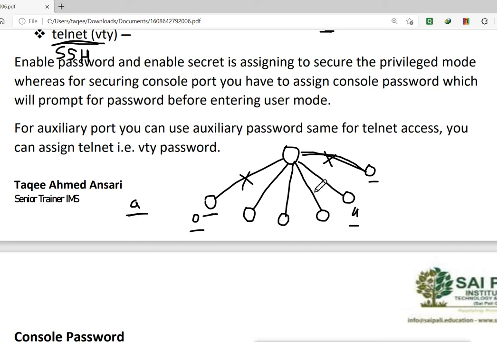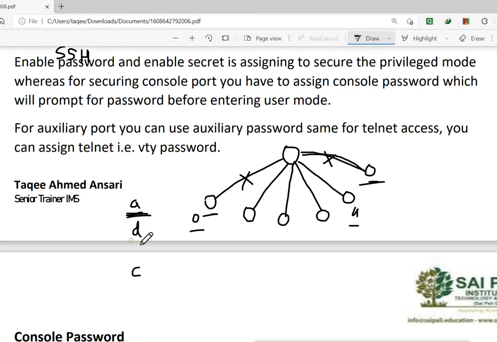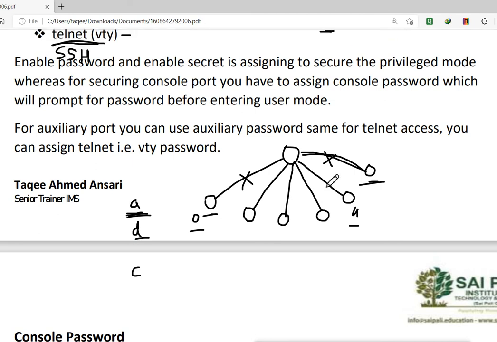Or we can configure different passwords also. Like for the first 5 connections I configure password A, then for the next 5 connections I configure password B or D, and then for the next 5 connections I configure password C. So what happens then? When the first 5 connections come, they will be asked the password A, and while they are connected, if the sixth one comes, then it will be asked the password D, and it goes on till 0 to 15.